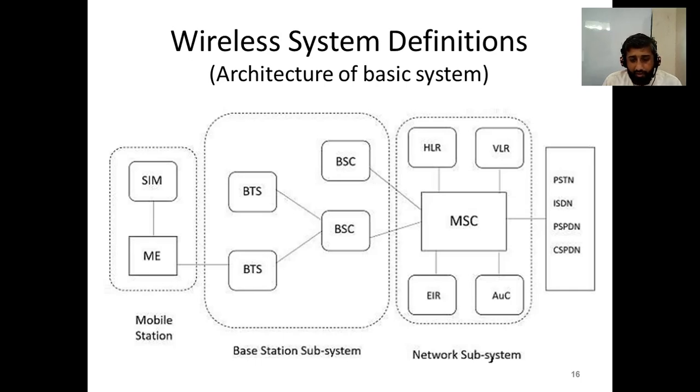The mobile station connects to the BTS, which is controlled by the BSC, forming a base station subsystem, which is connected at the back end with the MSC, and MSCs are connected to the PSTN and ISDN lines to establish communication. So all these networks are connected together to establish communication